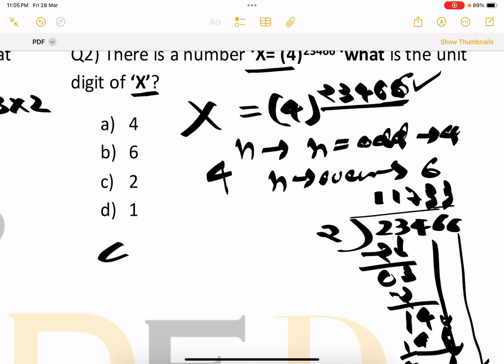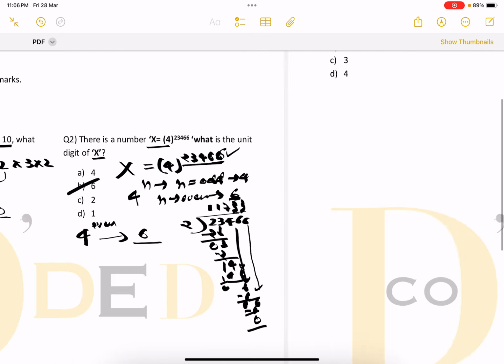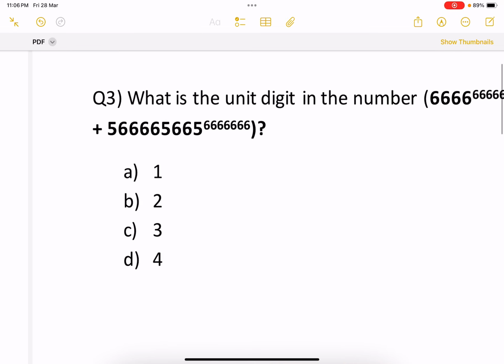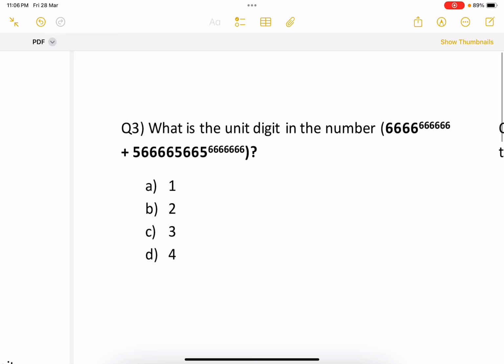So now it is 4 to the power even. So for even, the unit digit would be 6. So it would have a unit digit of 6. So the answer to this question is B, that is 6. Okay. Now let's move on to another question, which says, what is the unit digit in the number 6 to